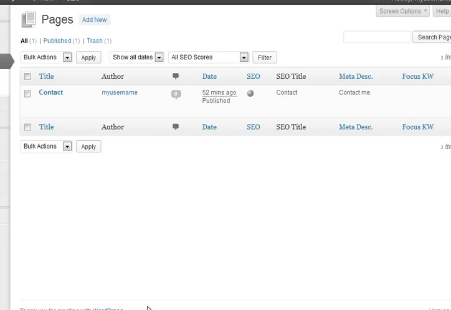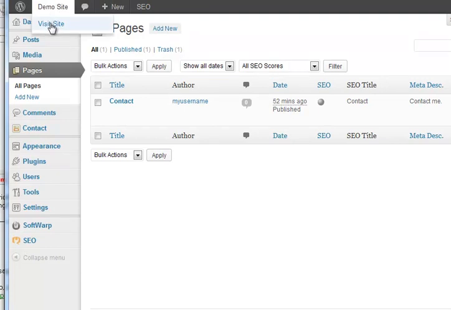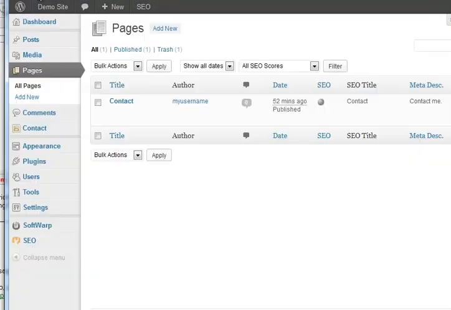Okay, we're also going to add a new page to the site now. WordPress differentiates between what it calls posts and pages. Typically a page will appear in the contact bar, so in the main site navigation. If we go to the demo site, open a new tab for us, you'll notice that we've now got home and contact. So I'm going to add another page,